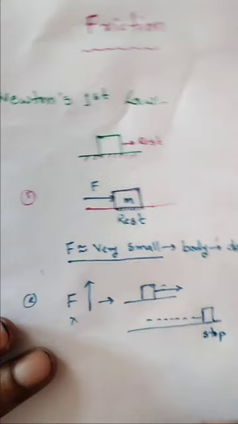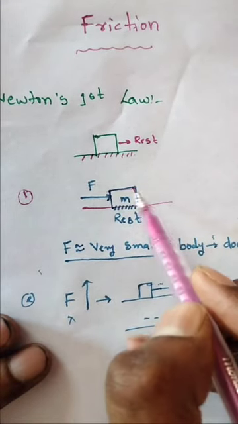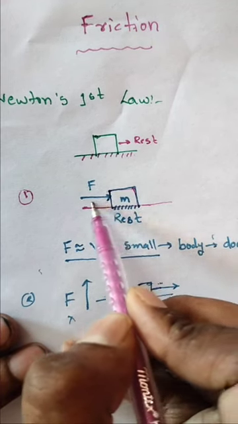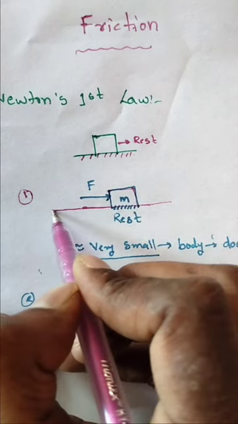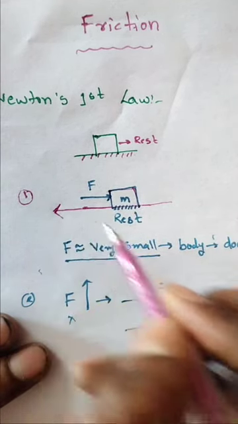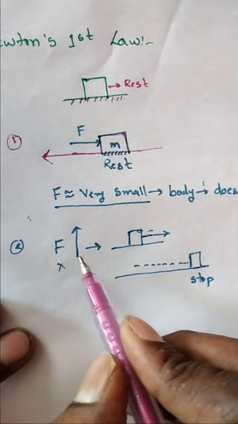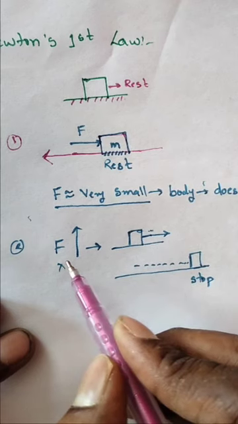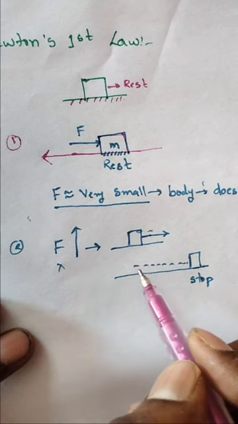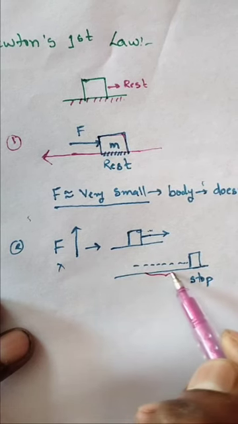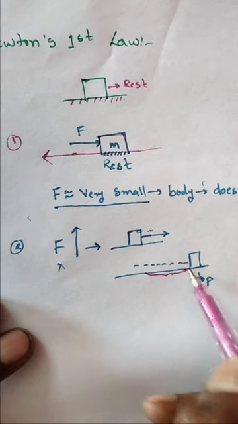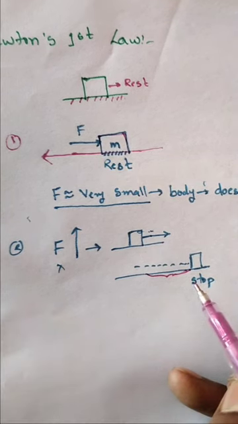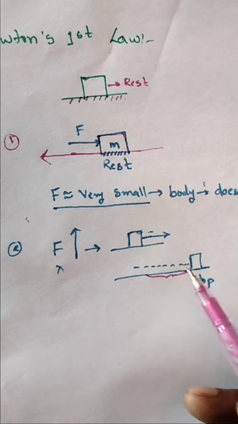So this is capital F, acting on this object. The object stays at rest, which means another force is acting in the opposite direction. Here also, when the external force increases, the object moves. After some time the force is removed, and the object moves a particular distance. After that distance is traveled, the object stops. So what is your observation? One force is acting so the object rests or stops.